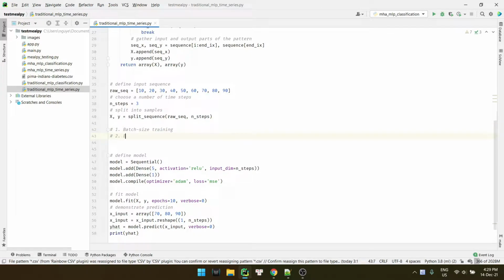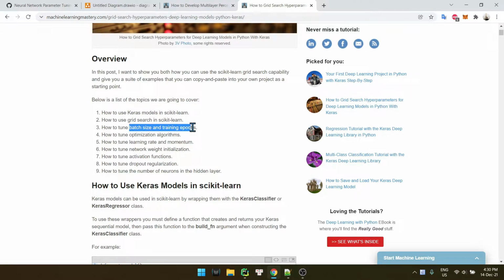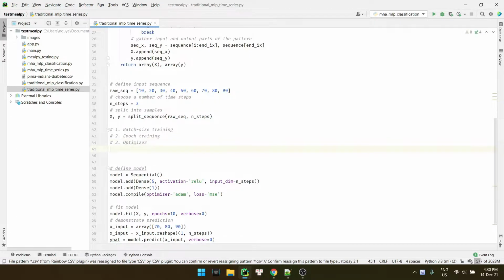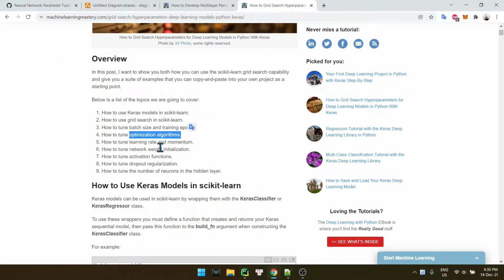Second should be epoch training, right? Third should be the optimizer. Fourth should be learning rate and momentum.